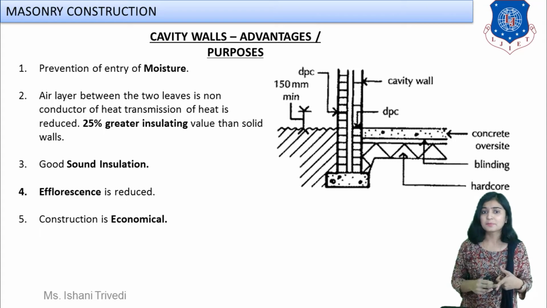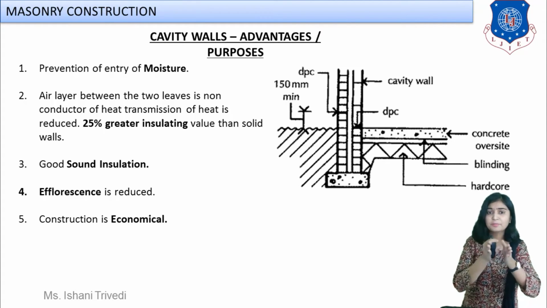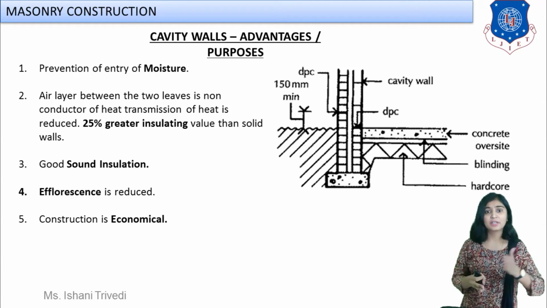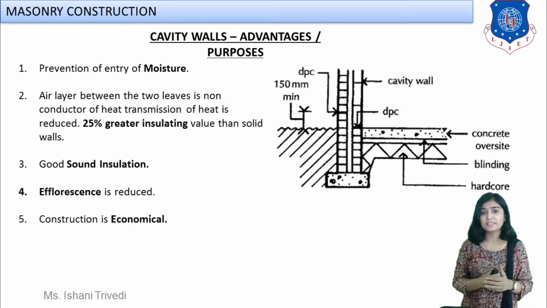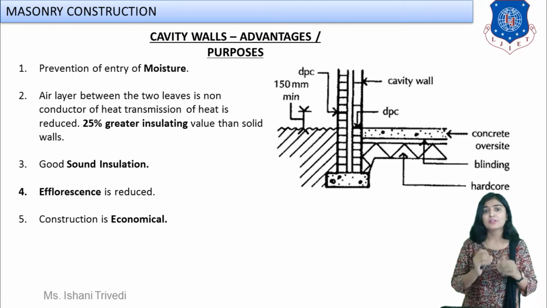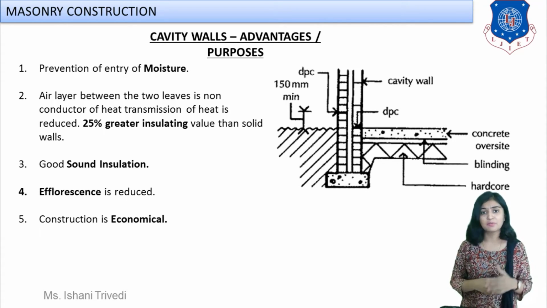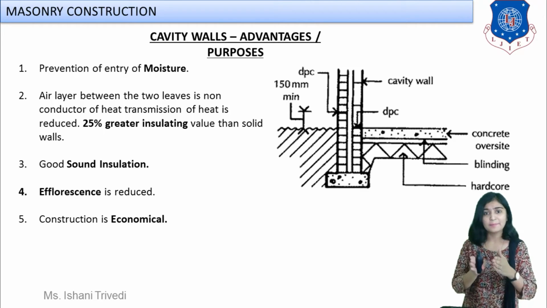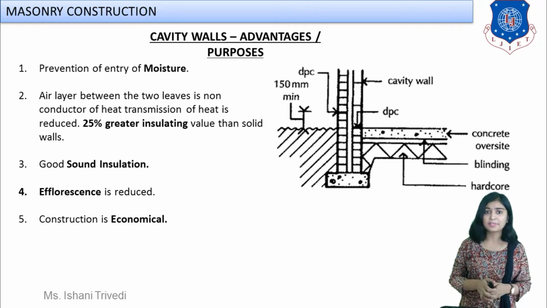Likewise, the same concept will be applied for the sound insulation. The sound will enter from the first wall, but since there is no direct contact, the external noise will not go inside, and vice versa. So that gives you your sound insulation. Same goes with the case for damp resistance. The dampness will not directly touch the inner leaf, and it will give you damp resistance.